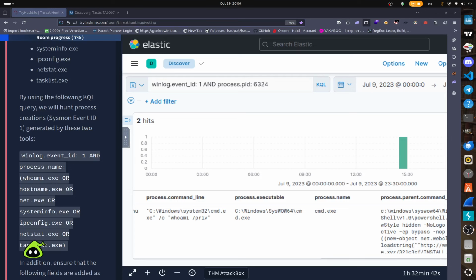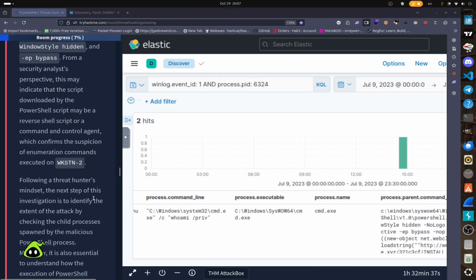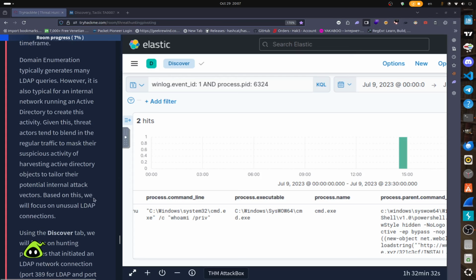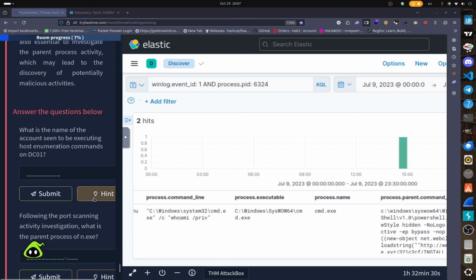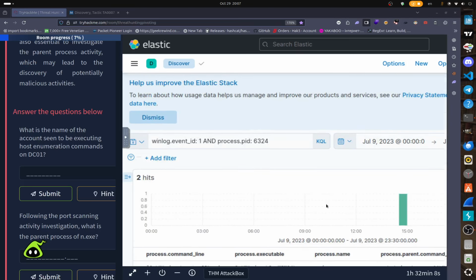Now let's see if there's a question to answer regarding this section. What's the name of the account seen to be executing host enumeration commands on DC01? Let's go back to the previous query, which lists the host enumeration commands. We want the account that executed the host enumeration commands on DC01. So we're gonna have to narrow down the results to the host name that is DC01. So here we're gonna put